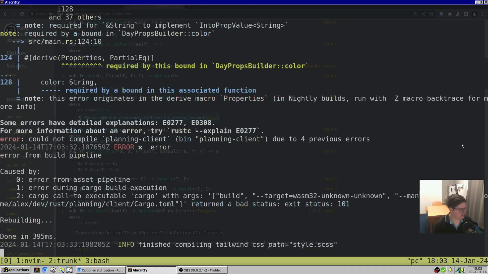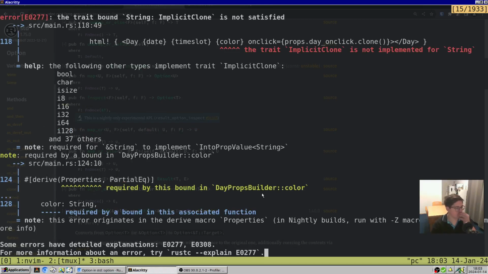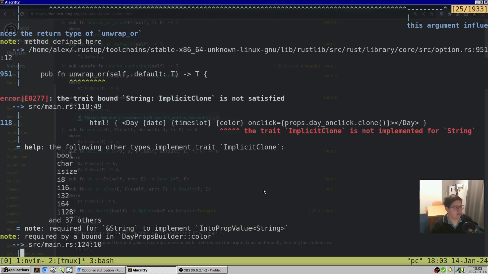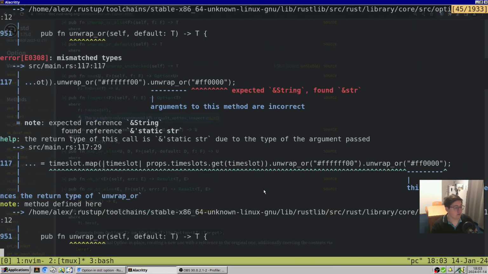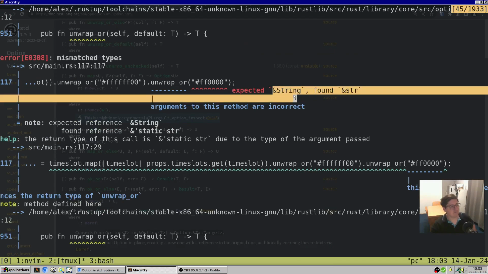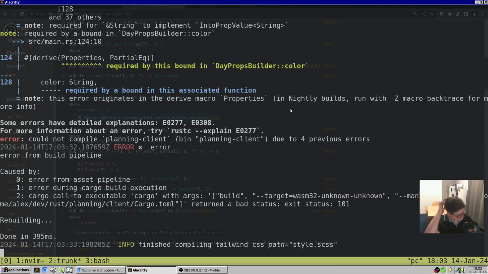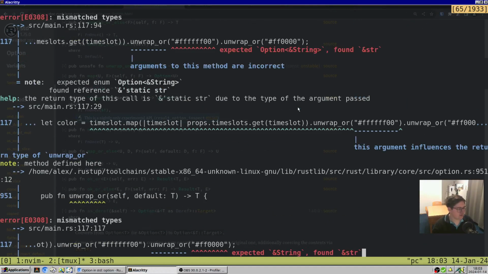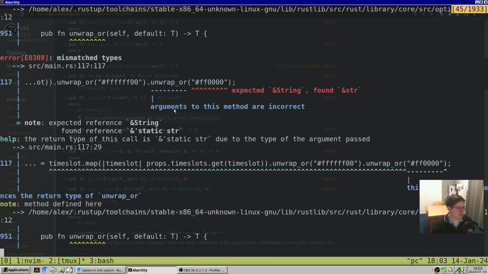Okay, what's the problem now? Yeah, expected reference to string. I really don't like this. So that's the last unwrap. So maybe this is fixable,